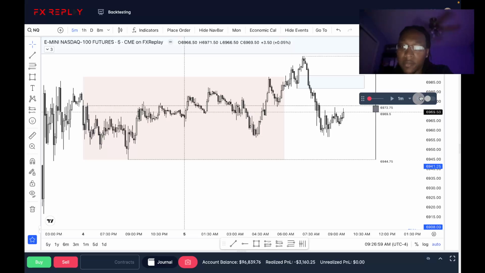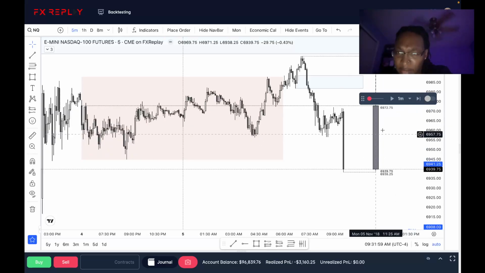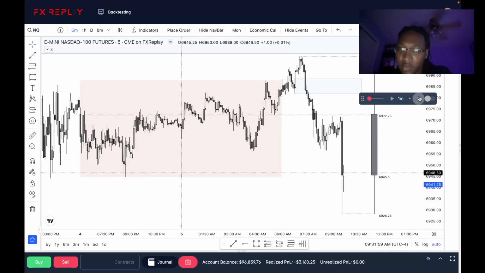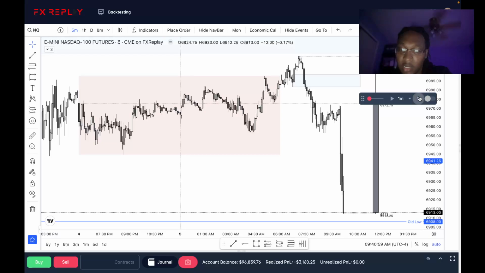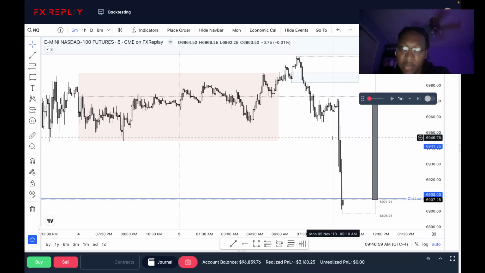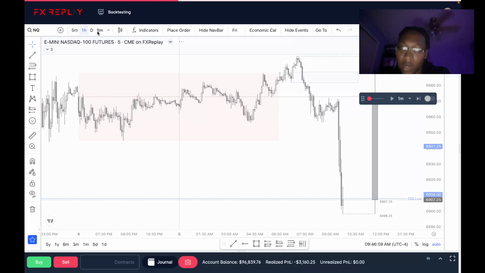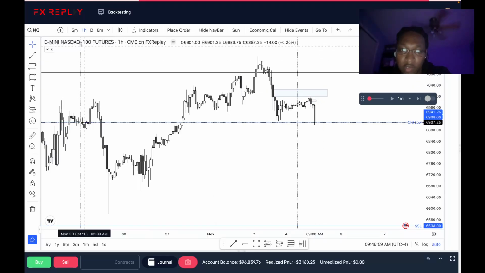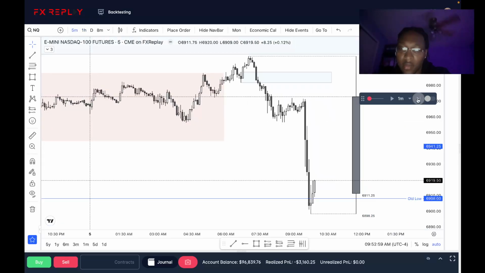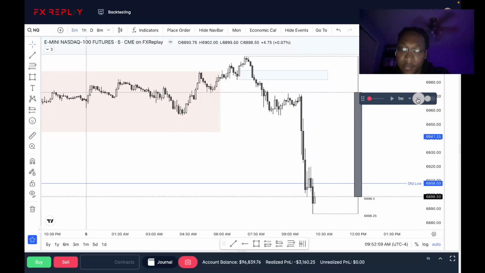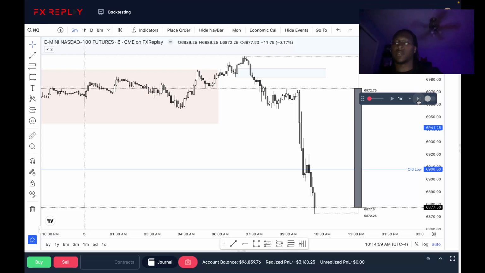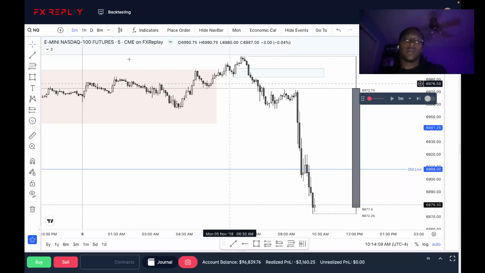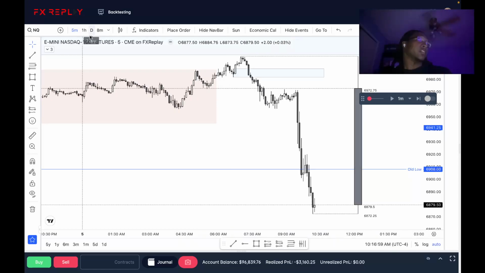Let's wait. 9:30 opens up and drops, continuing the decline. I mean, it made sense as to why it was going to sell off. So good on that. Continues to sell. So that's good. Fair value gap right there. Or the full entry drill. But those are the sells right there.